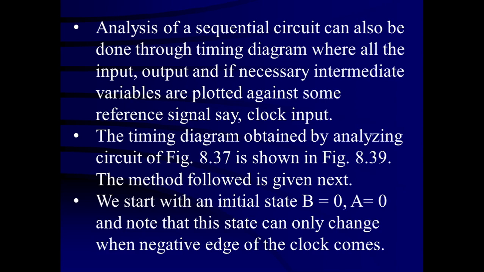We can draw the timing diagram for the different inputs of flip-flops A and B, the present outputs of flip-flops A and B, that is An and Bn, the inputs S and R for flip-flop A as well as S and R for flip-flop B. Output X can also be drawn with respect to the clock input. All these timing diagrams are drawn in synchronization with the clock input. Here, on the negative edge of the clock pulse, the output of the flip-flop changes.